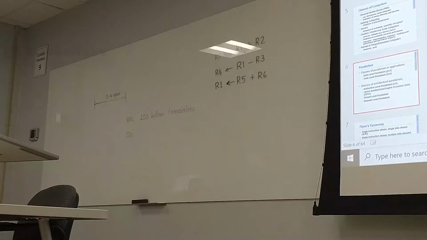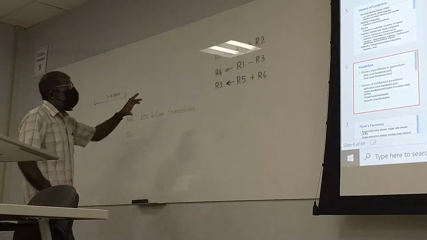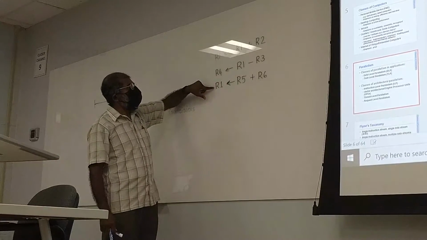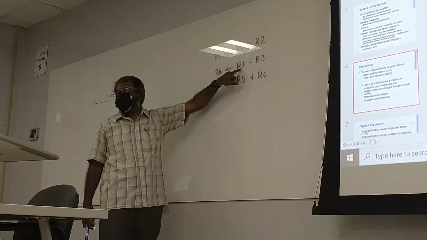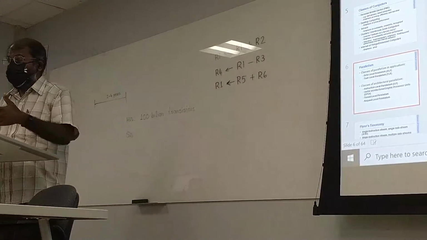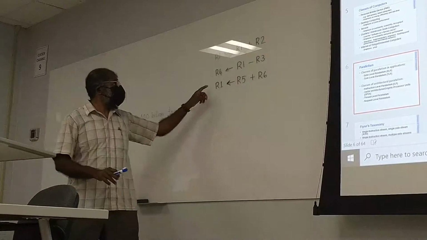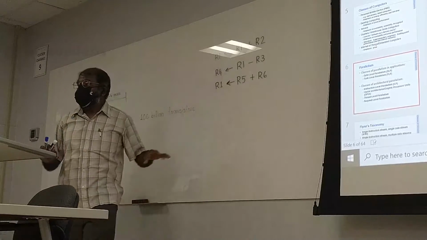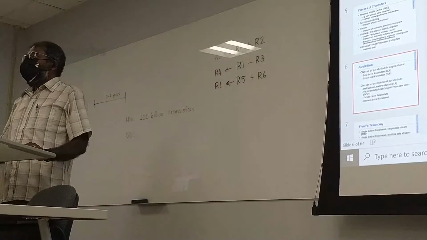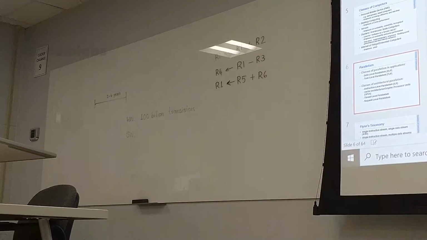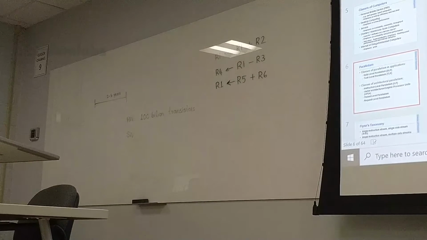overlap. Now, as we saw, we cannot completely overlap the execution of these two because that would mean you end up writing this R1 before it's read. But in this course we will see techniques to do these two in parallel. Write to the same register in parallel, you're saying? We will not write to the same register. Instead, we will